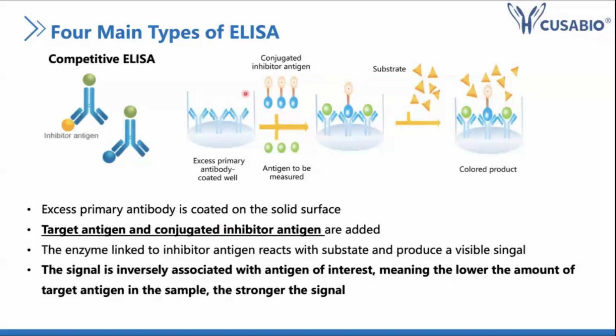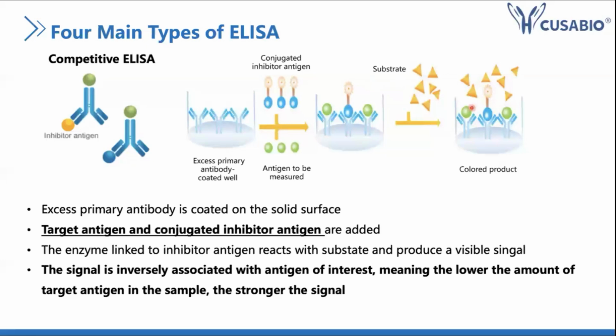Here we have a general workflow as well. First, you have the excess primary antibody coated on the well. Then you can add the conjugated inhibitor antigen together with the target antigen. So there will be a competition between these two antigens. And so after the addition of the substrate, the signal that you get actually is from the inhibitor antigen reacting with